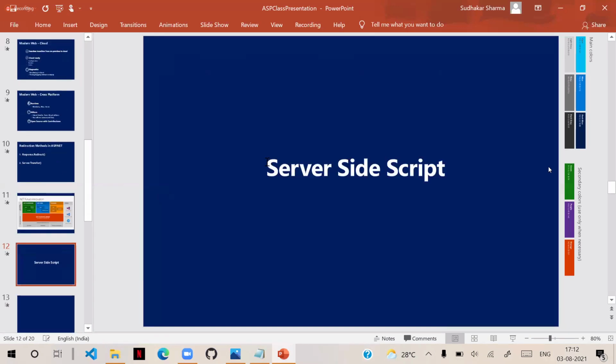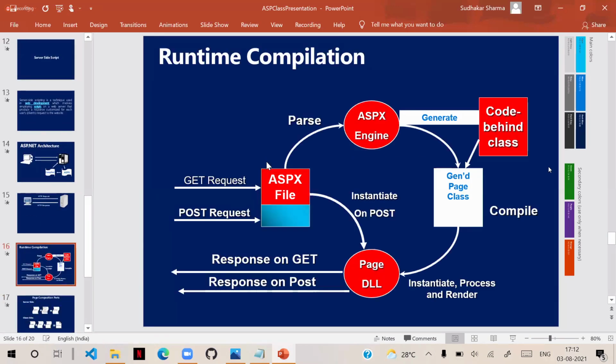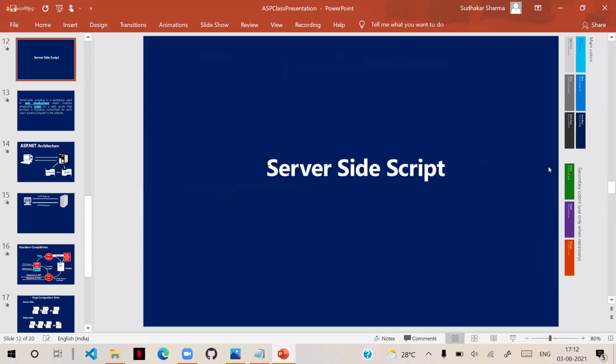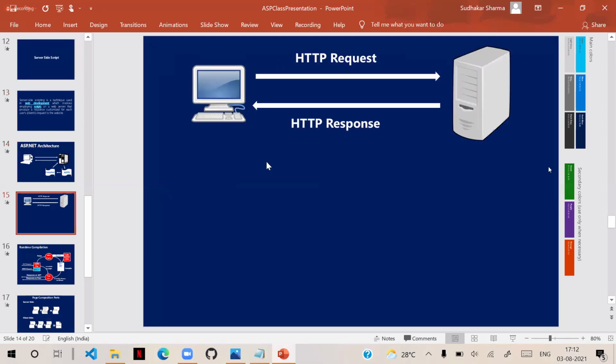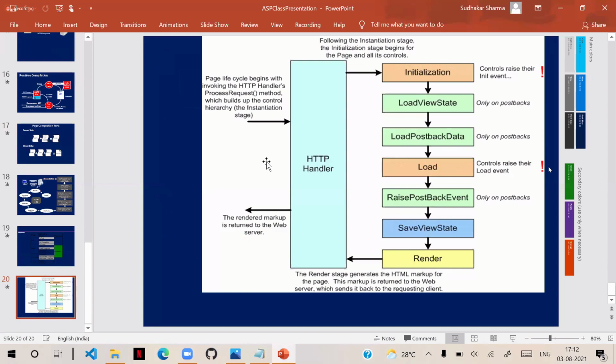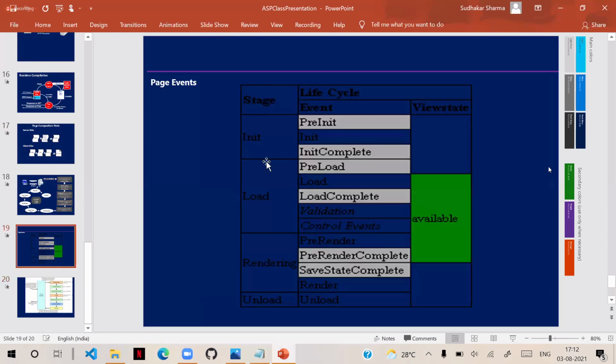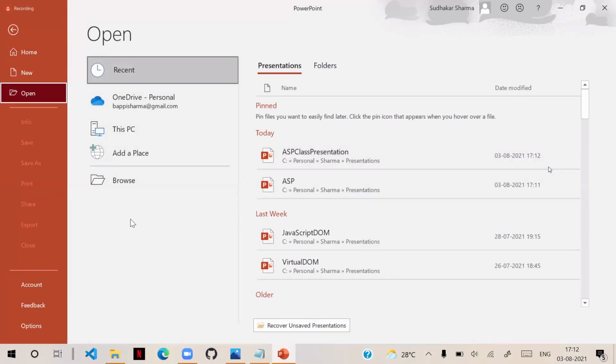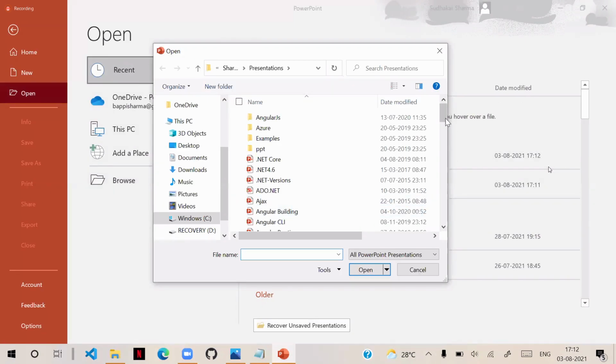This is server side scripting related, how they are defined, how they are used, but you may not require all of this. These are a little bit complex and not required for you.